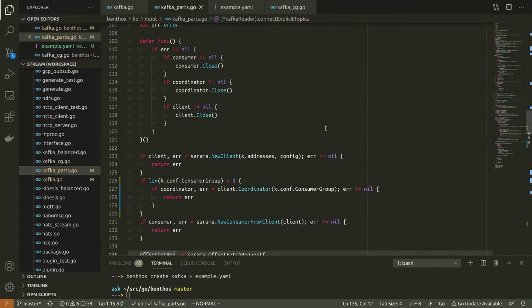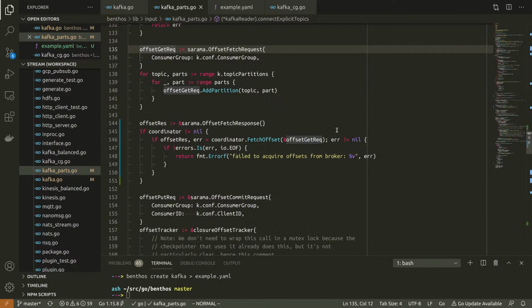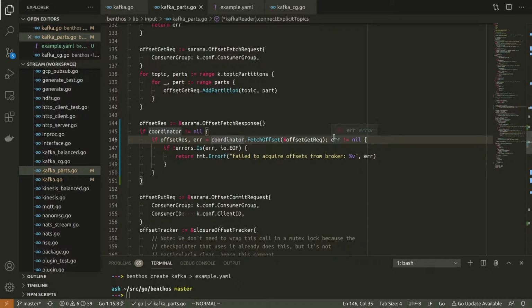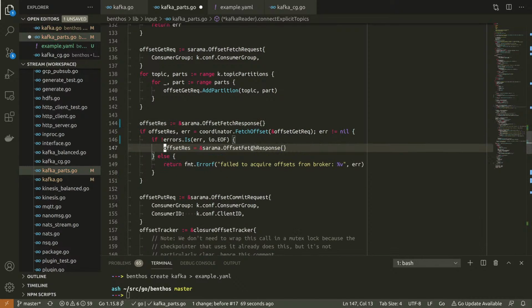I need to find where I grab the oldest or newest if these offsets don't exist. So if the coordinator is not null, then we want to grab those offsets. We call fetch offset, which takes a pointer to the offset request. Oh, hang on. No, I misread this. I need to keep the logic that I had before.